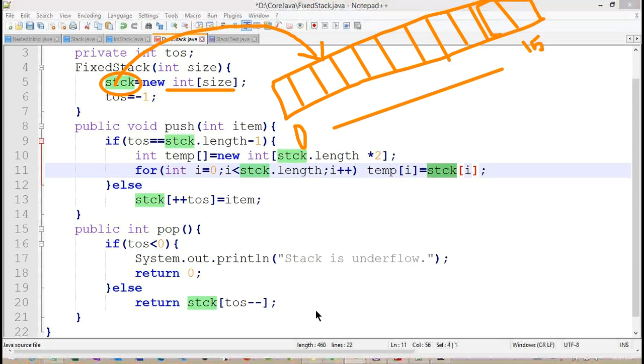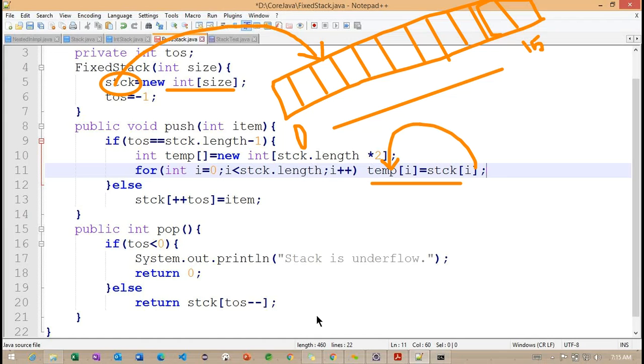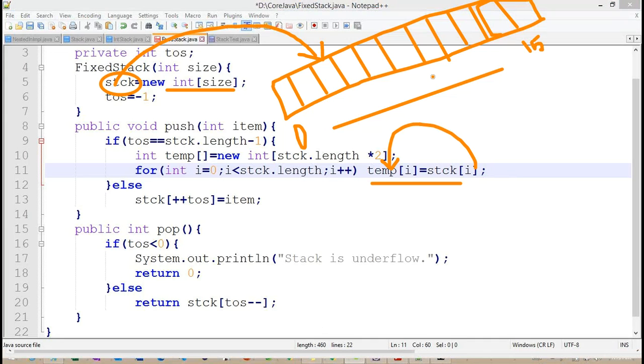Getting the point. So from this particular stck, we are copying into this particular temp here. This particular line is copying all the stck array elements into this particular temp. Okay, now you can think here, so how many values we inserted here? So 0 to 7, somewhat 0 to 7 values are inserted here.